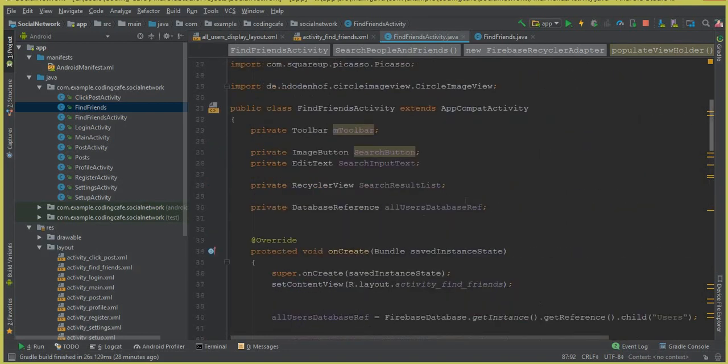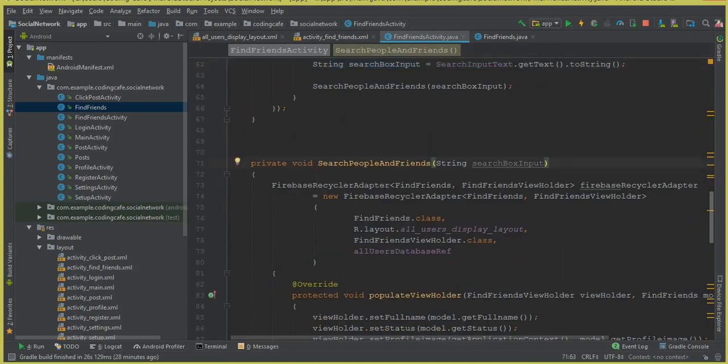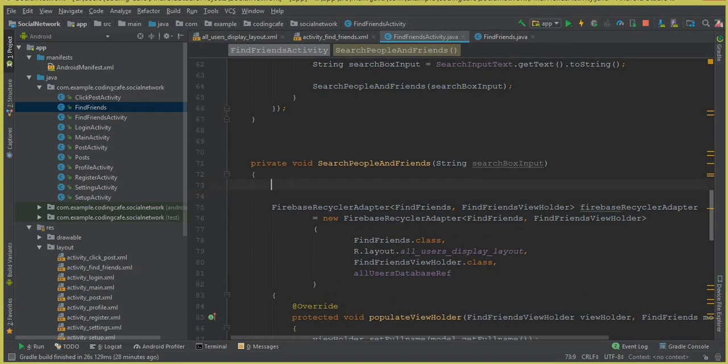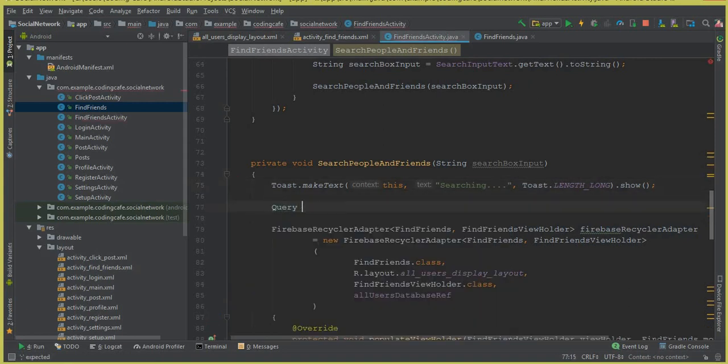So for that, come here above, and as you know that we are getting the text inside this method which is the word search people and friends, here at the top we can say let's display a toast message first, and this toast message will be length long and the message will be searching, then a query, and let's call this search people and friends